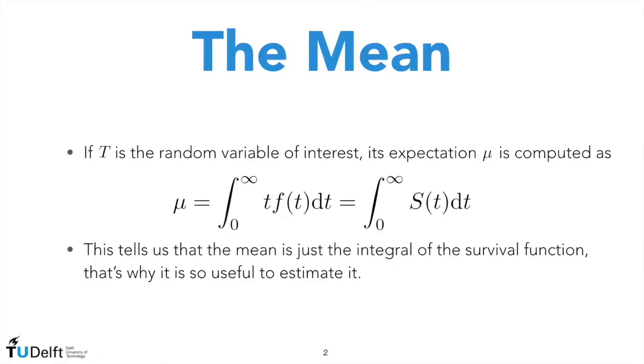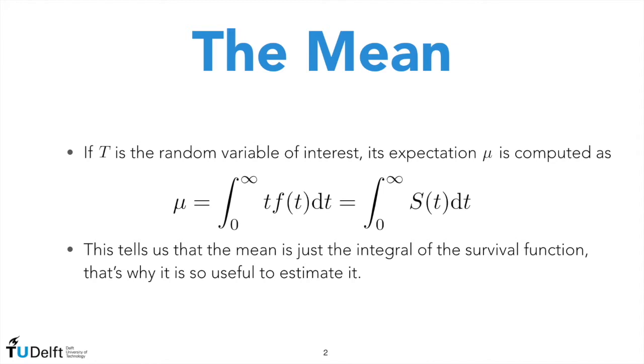However, before entering into the discussion about the likelihood, I would like to tell you something about the mean. Now, consider capital T, which is the random variable representing the random time at which we observe the transition event we are interested in. For example, the default of a company. Now, its expectation, mu, can be computed in the usual way, that is to say, by taking the integral between 0 and plus infinity of t f(t) dt, and this comes from the fact that t, the time, cannot be